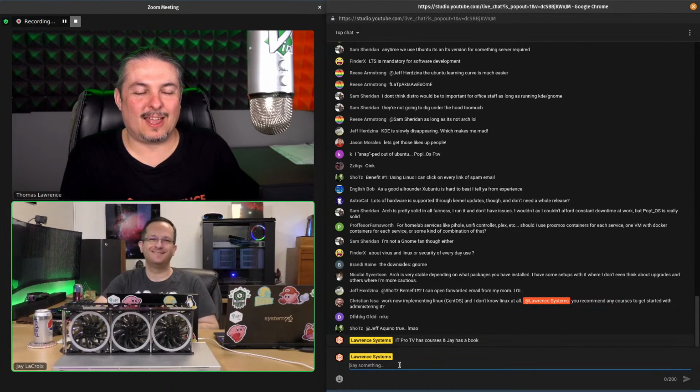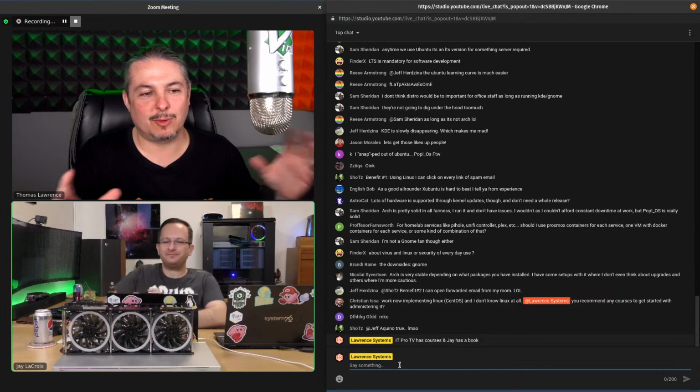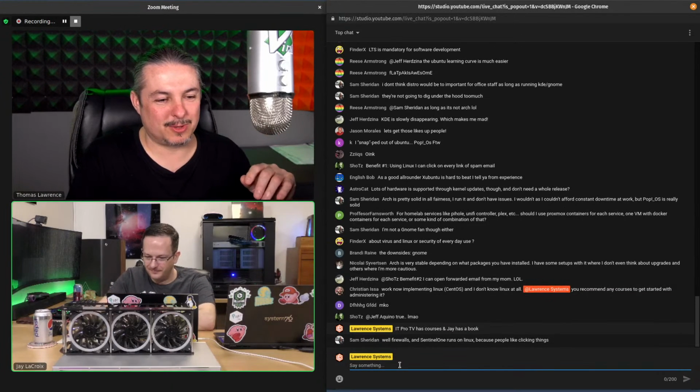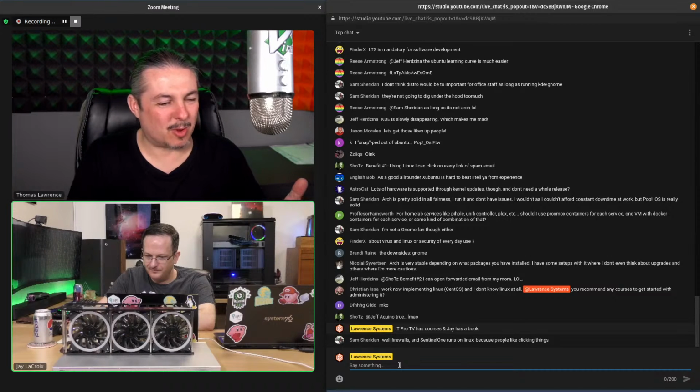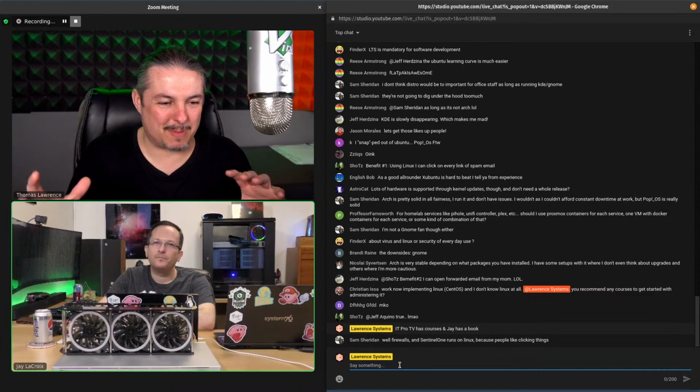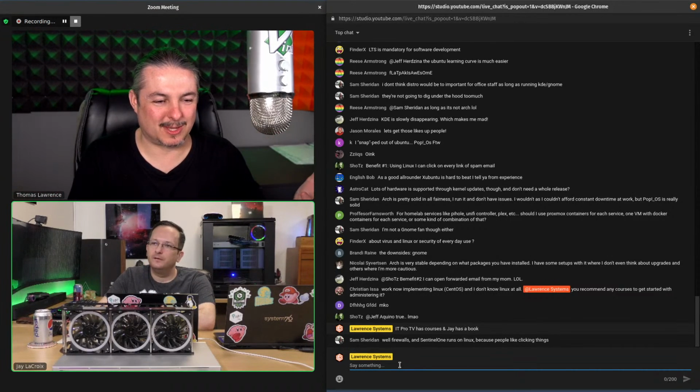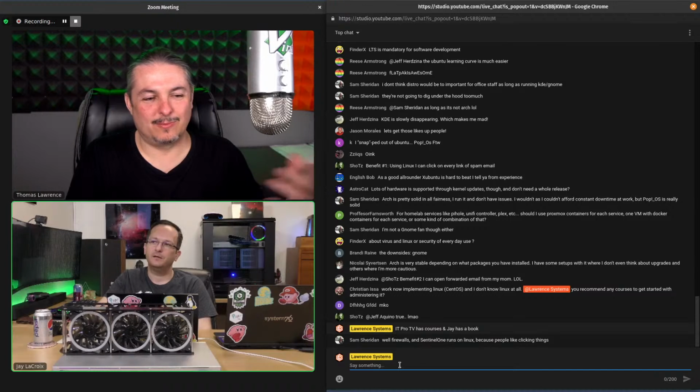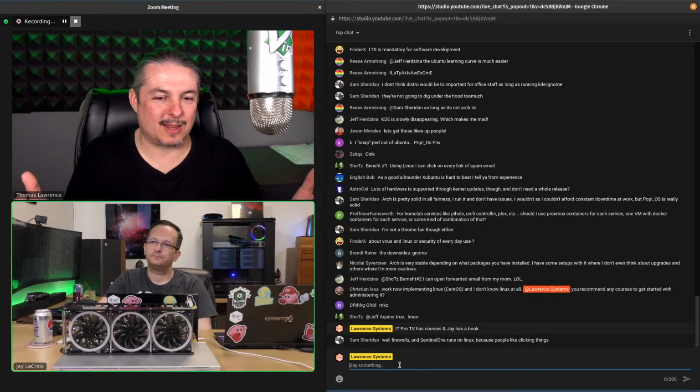Yeah, and Canonical pushed it with the whole Unity thing when they were doing that, before they kind of went back to GNOME. It was pretty controversial the way they implemented that. Unity? Are you referring to the Unity desktop? Yeah, the way they had some of their deviations, and of course the embedding of Amazon links or something that just made people unhappy.